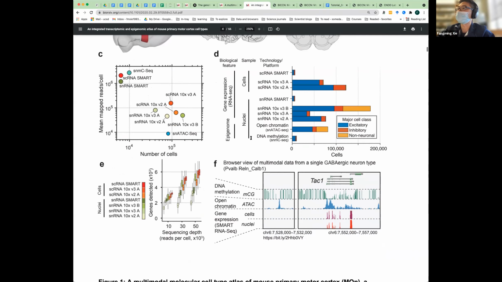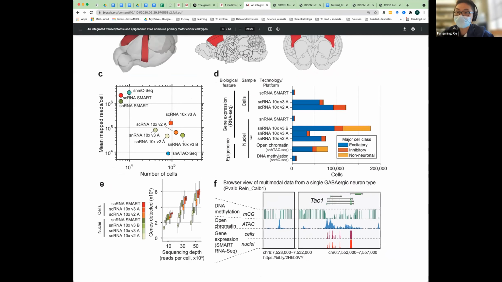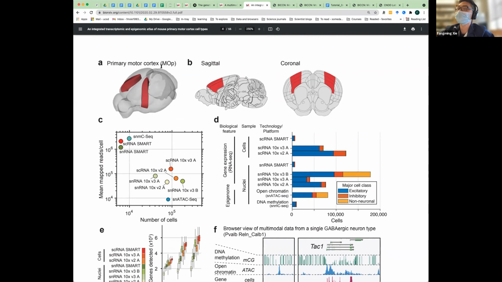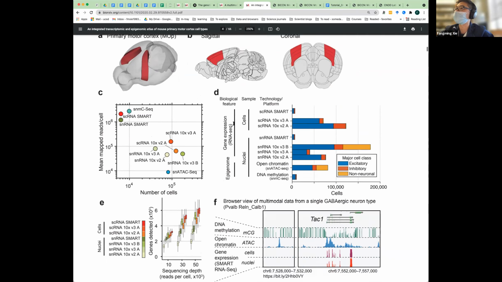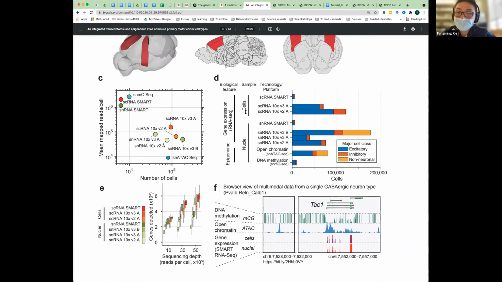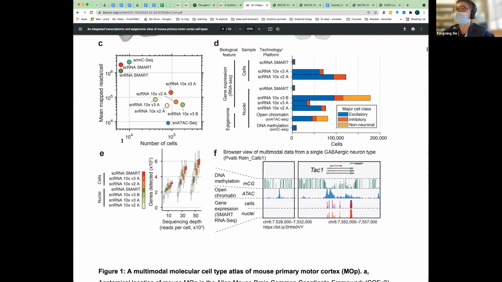And we analyzed 9 different data sets from mouse MOP that contain RNA-seq from both single cells and single nuclei, and also epigenetic sequencing, including open chromatin ATAC-seq, and DNA methylation, or snmC-seq. And this is an overview of how many cells we have and how many reads per cell are contained in those data sets.